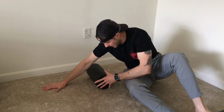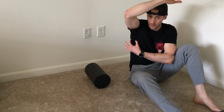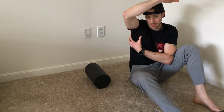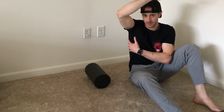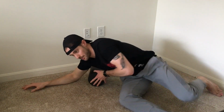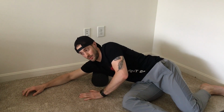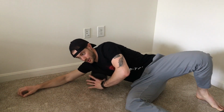What I'm going to do is think about rolling this lat, but only up into the shoulder joint. This is where the meat of the muscle is. Right here, it's more rib. It doesn't feel good when you're rolling it. So I want to hit up in here. You know, this might not feel as pleasant either. If you have one of these at home, that's fantastic. I'm going to show you in my small space I have here,